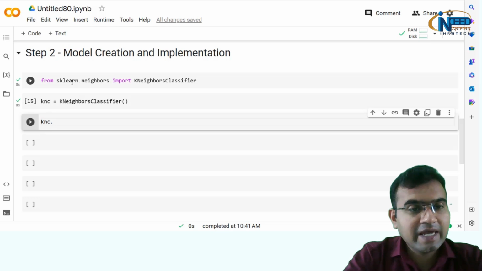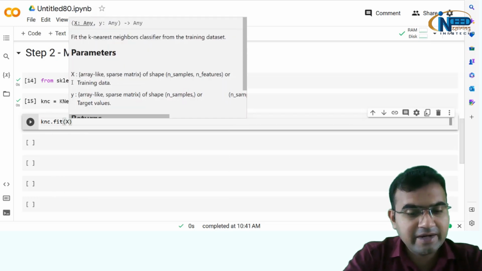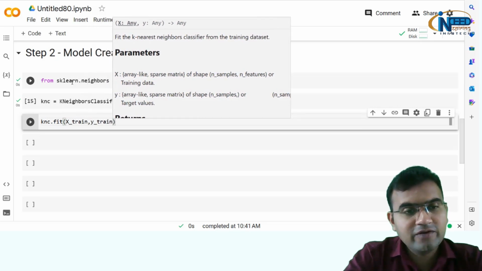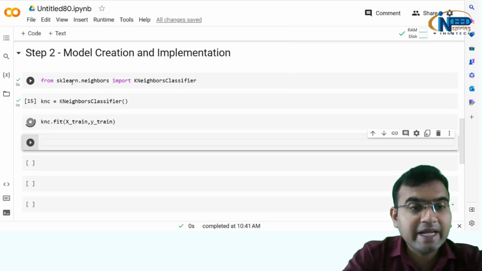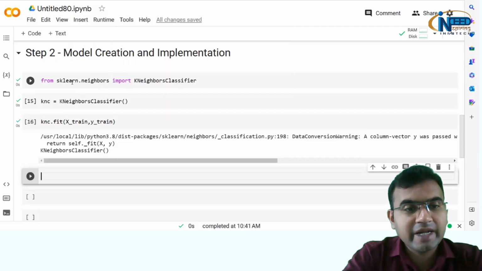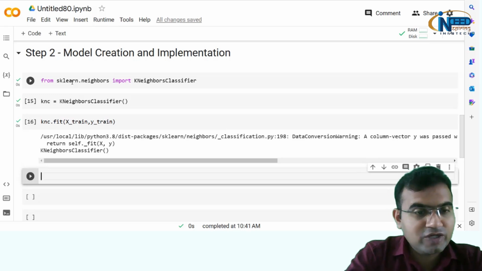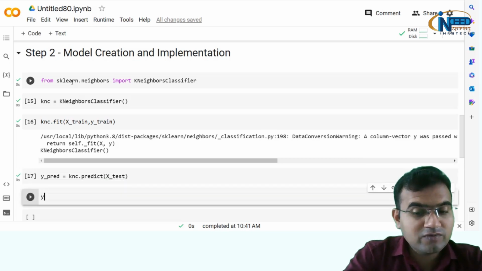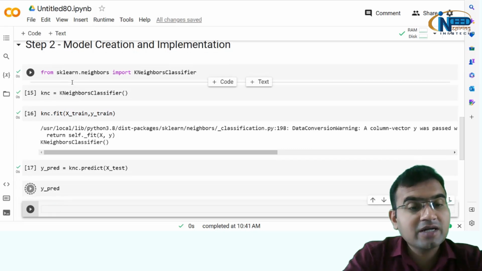Now what I will do is knc.fit. In knc.fit I'll be passing X_train, and I'll be passing Y_train. This is the training. Here the model is getting trained. Now I can get the prediction. So prediction I'll store in ypred. So ypred is equal to knc.predict, and here I will put X_test. I just need to pass X. So now this y_pred has the predicted values,